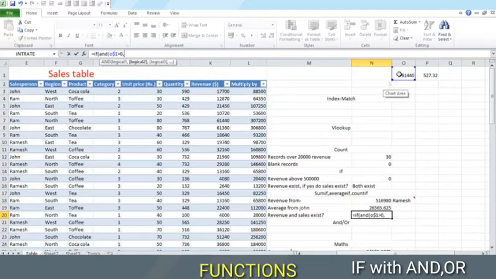Condition 2 is P1 greater than 0. This is the test, and if these two are correct, we will write yes. Or else the value if false is no.